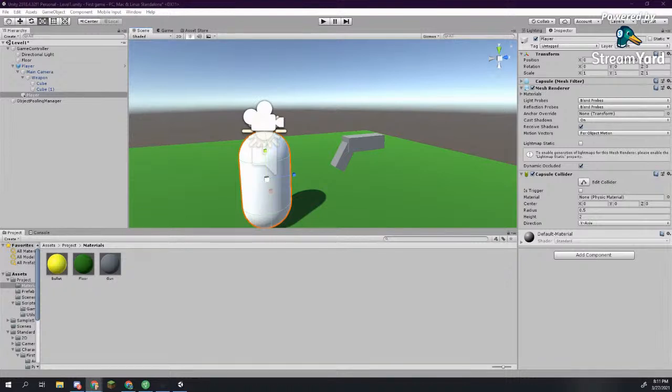tag on top of here. So when we have a large list of variables, dividing